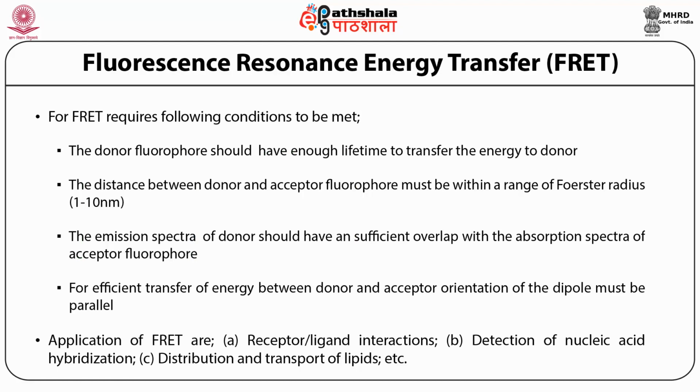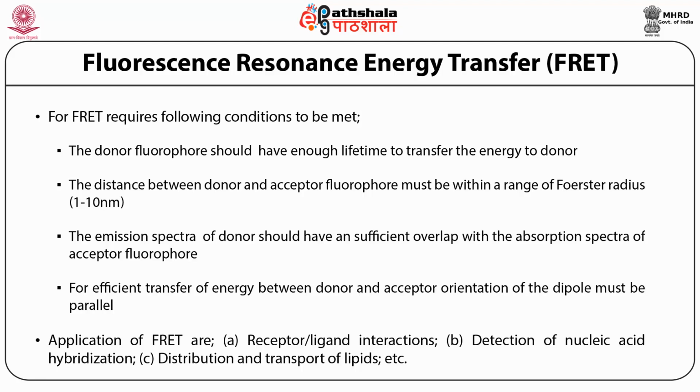FRET is a method, as I showed in the previous slide as well, in which one fluorophore acts as a donor while the other fluorophore acts as a receptor, which is important to identify whether two molecules are in close proximity. That's why they can transfer and get the signal from the other fluorophore. The crucial fact is that both of them should be in very close proximity, almost the Forster radius, that is 1 to 10 nanometer, and